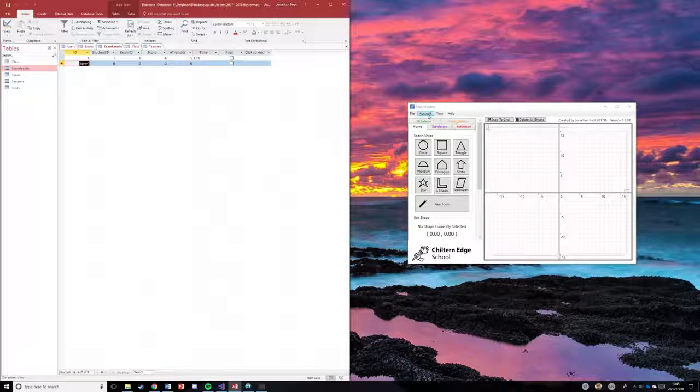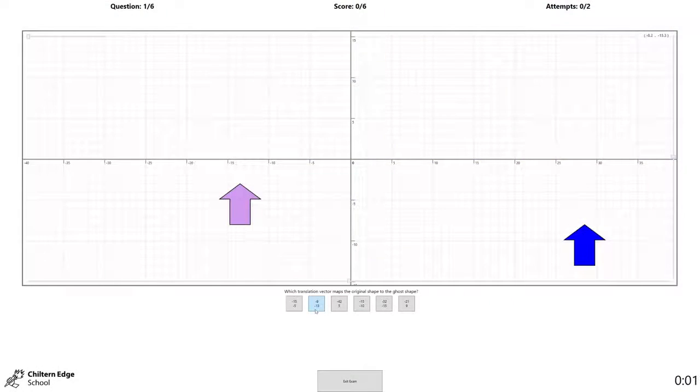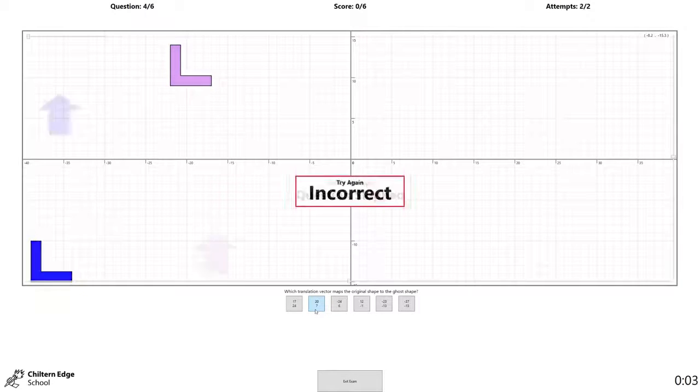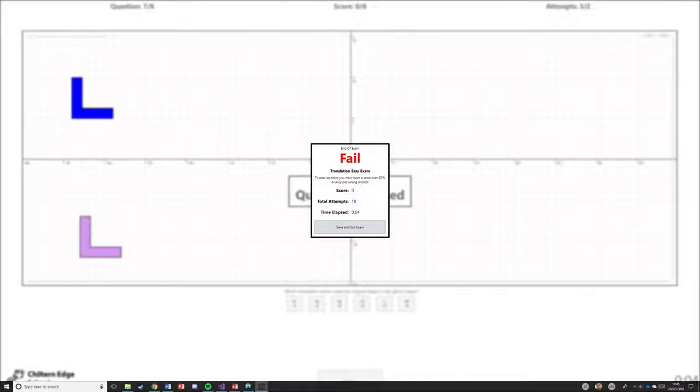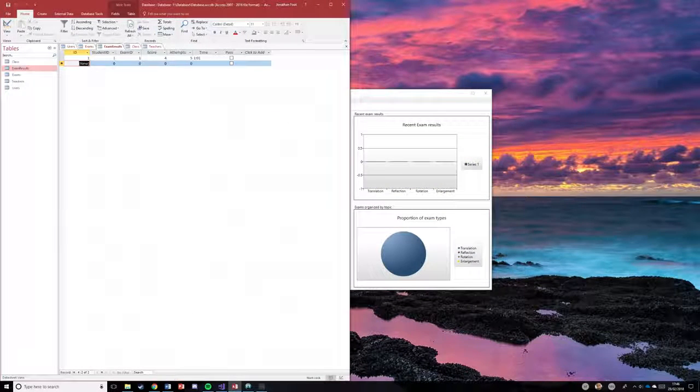Okay, so now we're going to insert an exam result into the database. So if we head over to the exam results table, you'll notice at the moment that there's only one record in that table. That is the default starting data or the example data. So now if we take an exam, it doesn't matter which one, we'll do an easy translation. We'll just quickly complete this exam like so. You notice we have failed that exam with a score of 0, a total attempts of 18, and a time elapsed of 4 seconds. If we click save and exit, we now head over to the exam results table, click